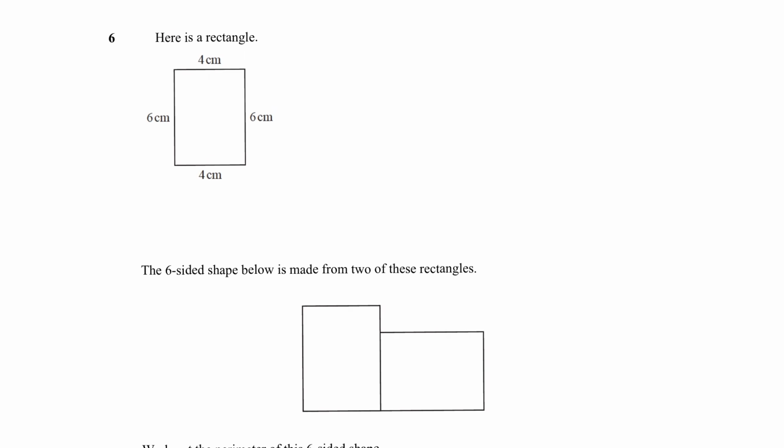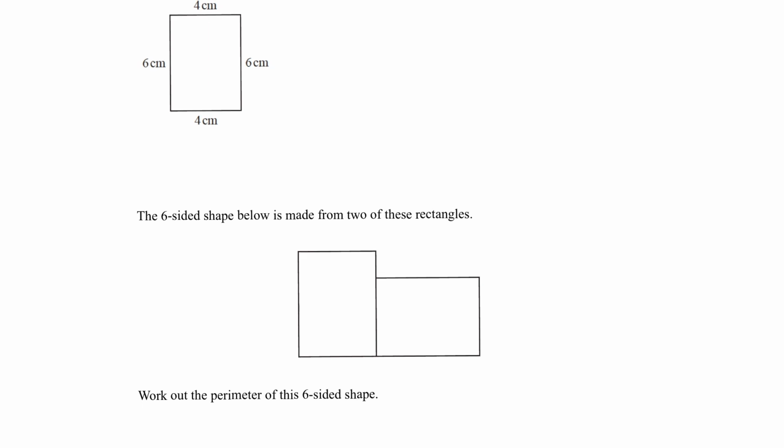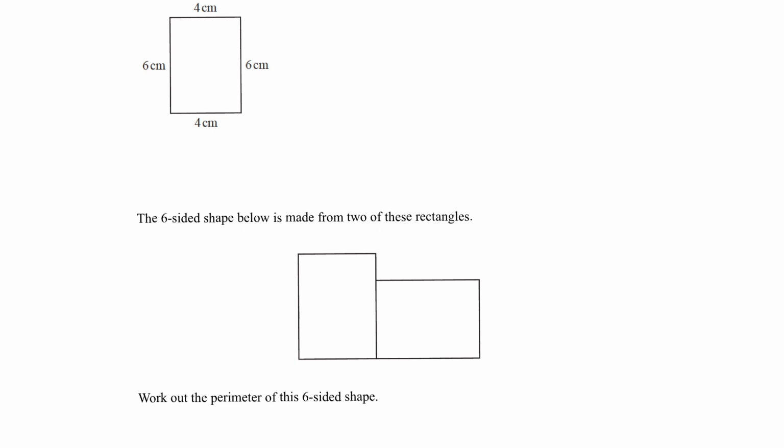Okay, rectangle, and it says the six-sided shape below is formed from 2 of these rectangles, and it wants us to work out the perimeter of the six-sided shape. So let's quickly label the dimensions. So in black, that was 4, 6, 4. That was 6, and then they've literally just done the same rectangle, but they've just rotated it 90 degrees. So 6, 4,